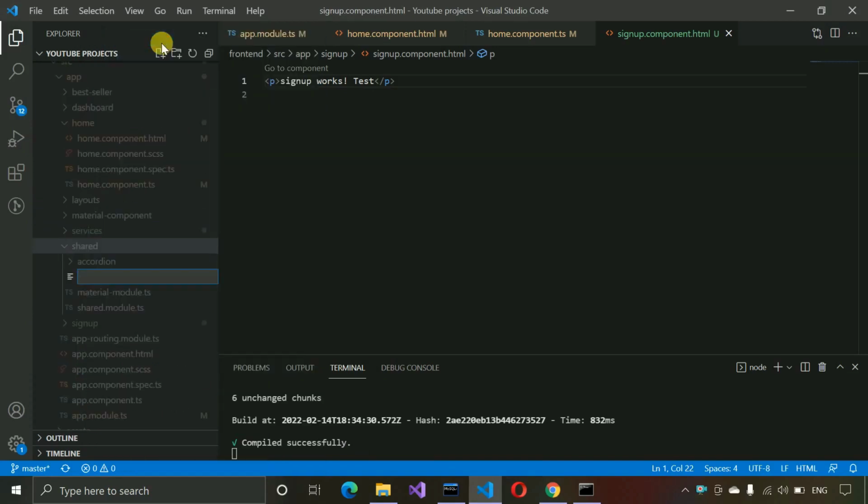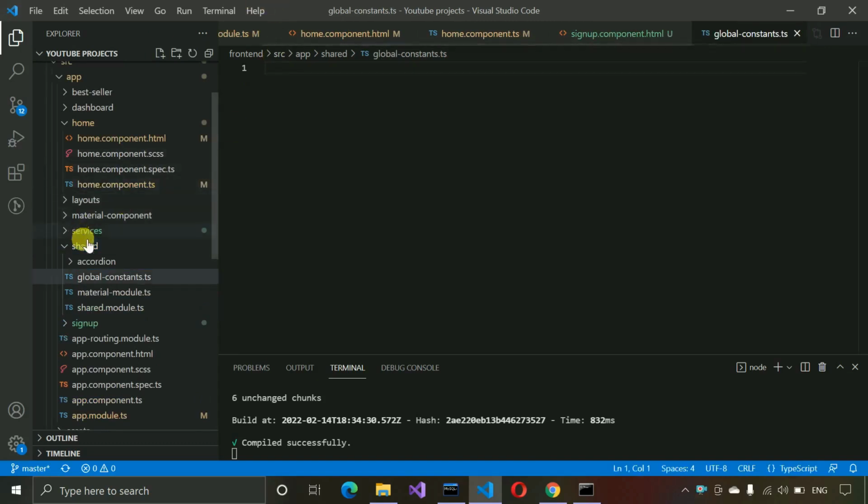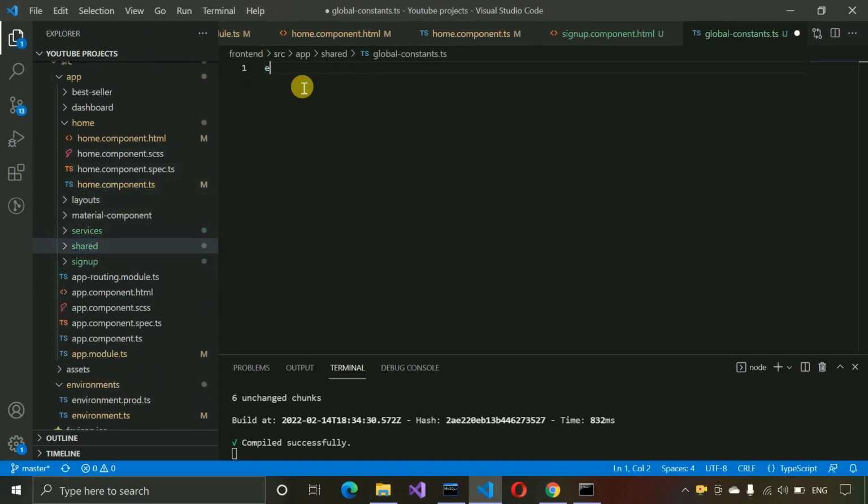So the file name will be global-constant.ts, this one. And here we have to write export class GlobalConstants,